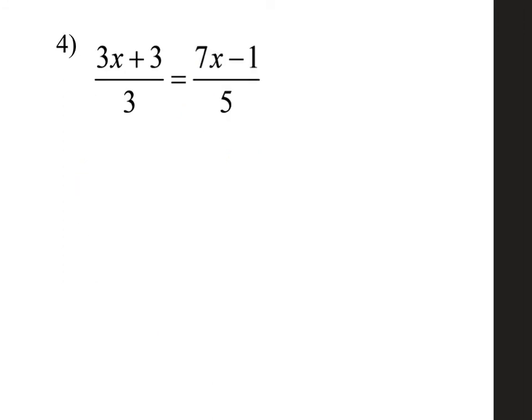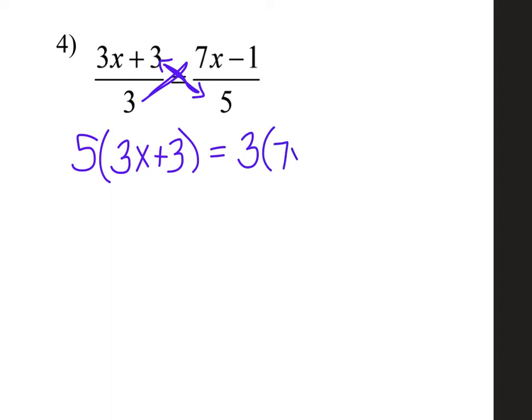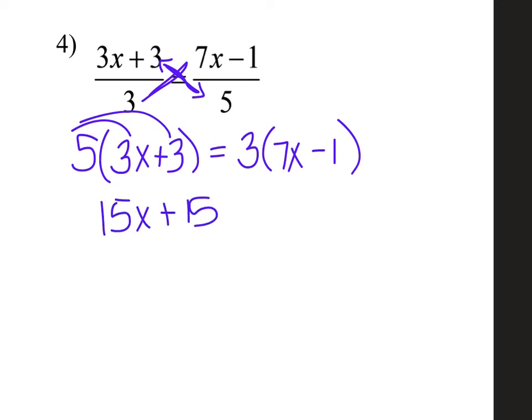Bonus. Something like this is fun. Cross multiply here. Both of them are pretty complicated, so I'm just going to pick one. So I'm going to do 5 times 3x plus 3 and 3 times 7x minus 1. Distribute in, distribute in,